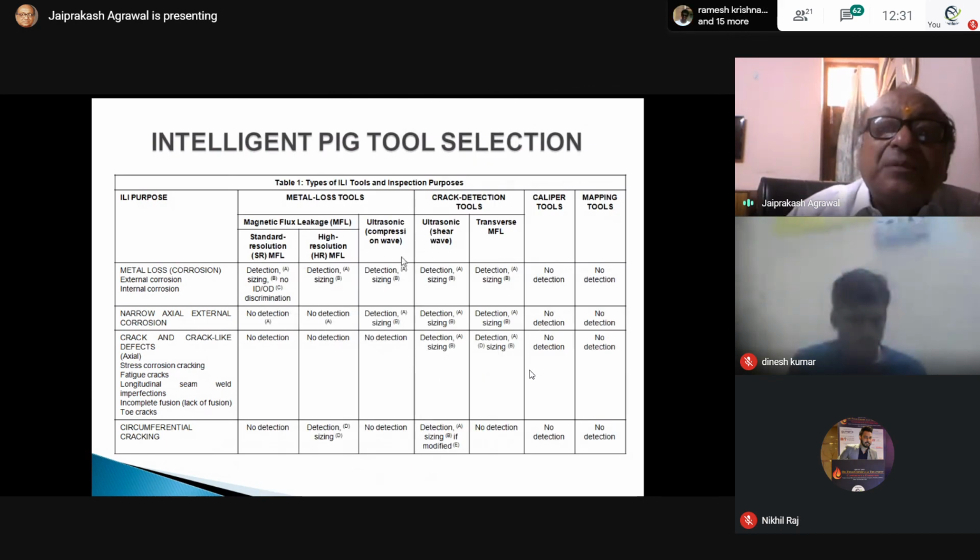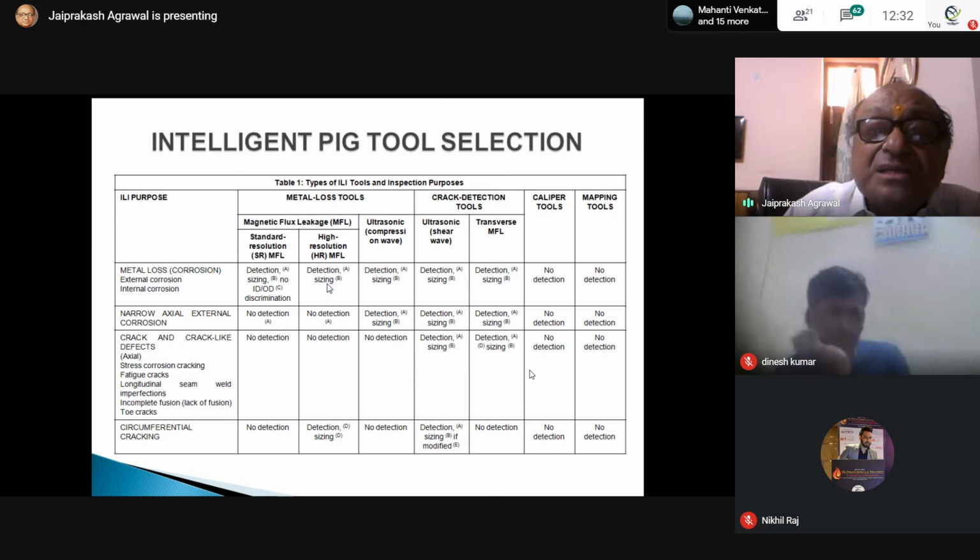Now this is important: inline pig tool selection. Not all inline pig tools, and I won't go into detail, but I will tell you what you can select. For metal loss, corrosion, external, internal, which is your main purpose, which type of tool will you use? A high resolution MFL tool, for detection and sizing. You can use this for metal loss.